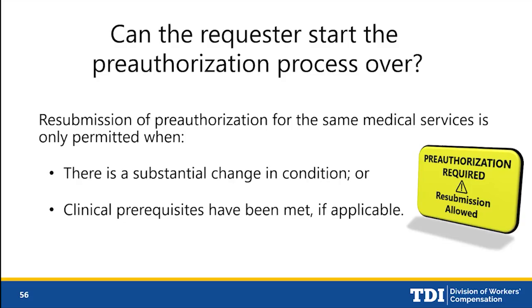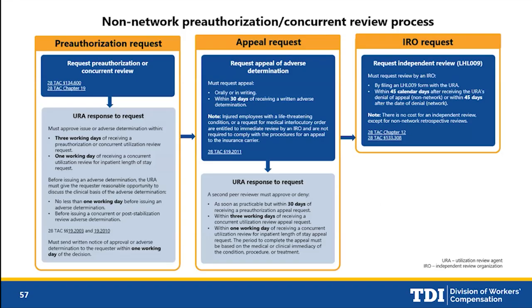Also, there are some services like spinal surgery. The ODG may say that they need a psychiatric review before the surgery. So look at the ODG and make sure that you've met any requirements before initiating that new request. Sometimes there are clinical prerequisites. Maybe they want so many weeks of physical therapy before something more invasive happens. So just understand if you let the deadlines go, it's going to be very hard to start this process over.